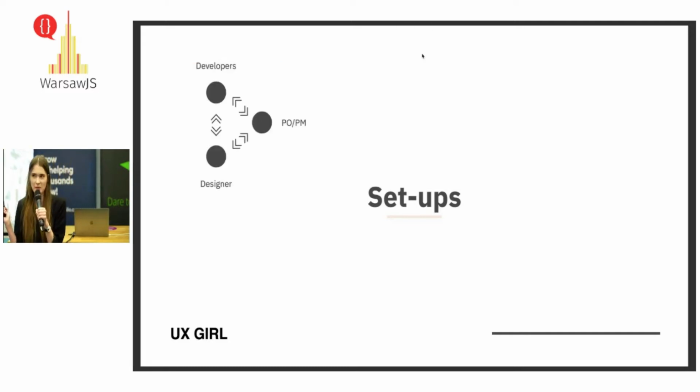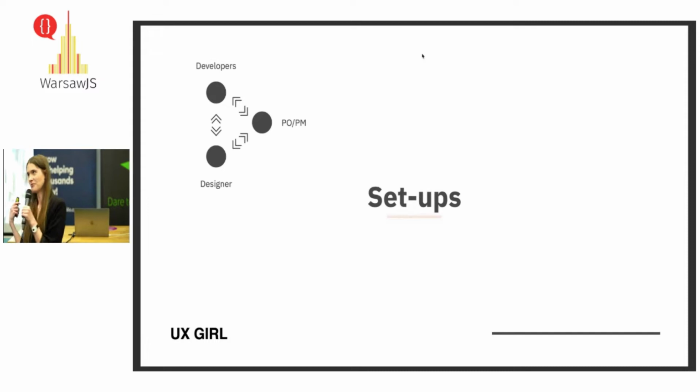The first setup that I think could occur is, I would say, a triangular, perfect, kind of healthy setup in which you have the developers working directly with product owners or project managers, however you name it in your project, and also with the designers. And the same, designers can work with product owners, designers can work with developers, and we have this flow of communication going through all of the people involved.